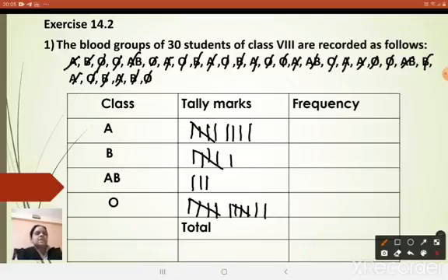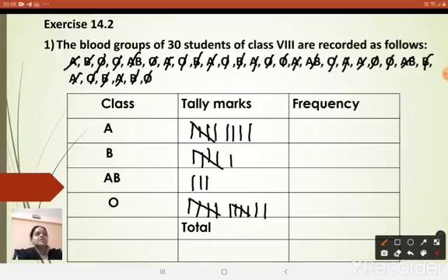So this way you have to solve the sum. Cut one point from your data and put a tally mark. The mistake the children usually make is that they find all the A from the data, all the B from the data, all the O from the data. That is the wrong way of solving the sum. You may miss any one of the points. So go one by one and concentrate, then only you will get the correct answer.